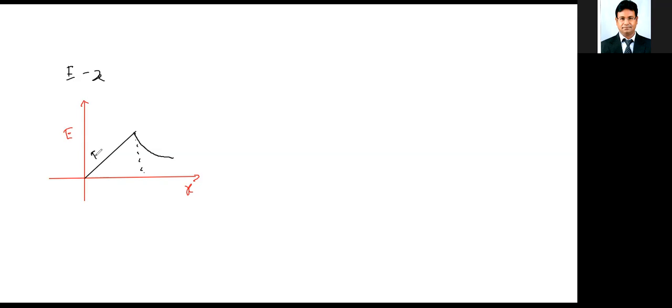Here it shows that electric field is directly proportional to the distance from the center. When I took x less than r, I got that the electric field is increasing linearly with distance from the center. On the surface, when r is the radius, at that point it is maximum. And outside it is decreasing inversely as the square of the distance from the center. So I get a shape like this. By just remembering the graph, you will be in a position to know how the electric field changes in a solid non-conducting sphere. All right, I hope you have understood.